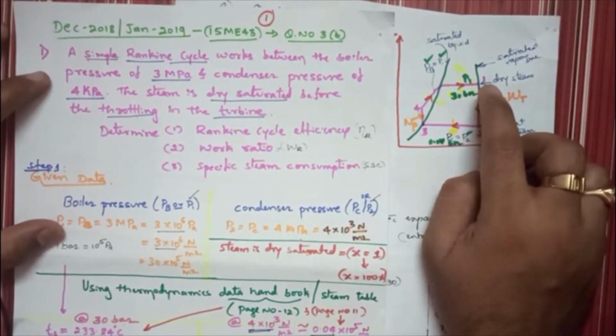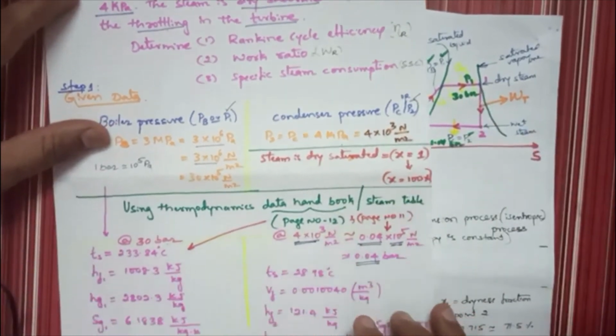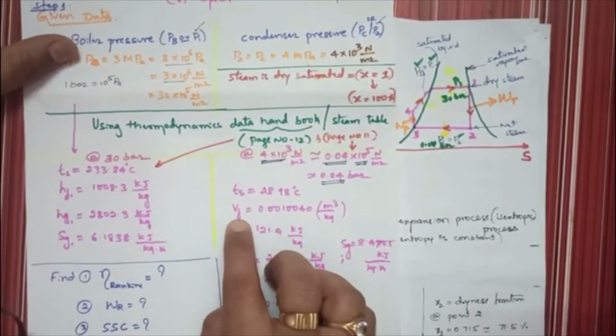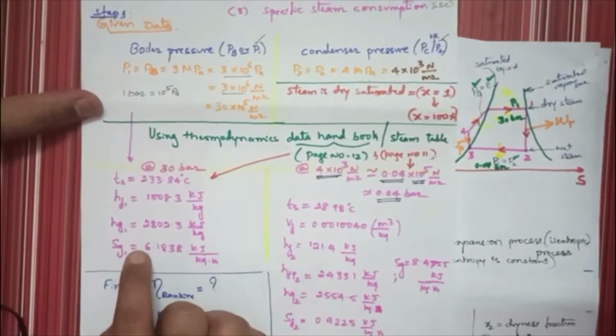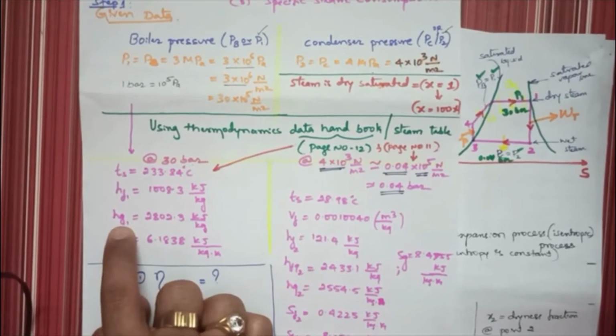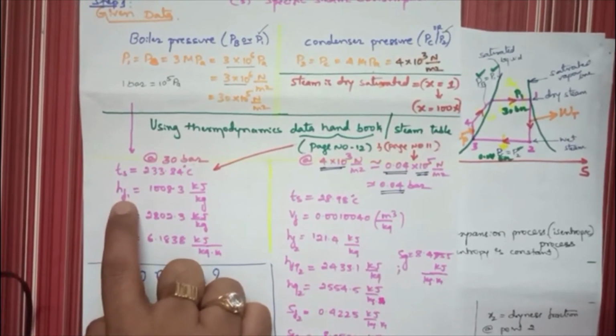When you are writing 100%, what will be the percentage of steam? That is 100%. How much is the percentage of water? 0. So there is no water content. That is the reason I have not written any data related to water. I have written only the enthalpy of gas, that is Hg. It is purely gas, so I will write Hg. I have written the enthalpy of water at 1, but if it is not written, no problem.